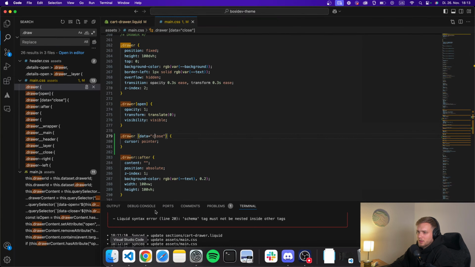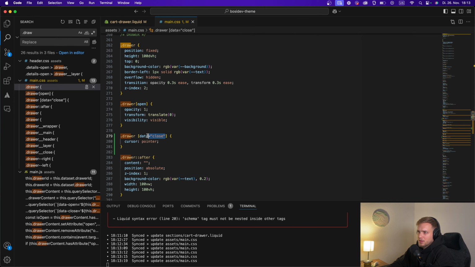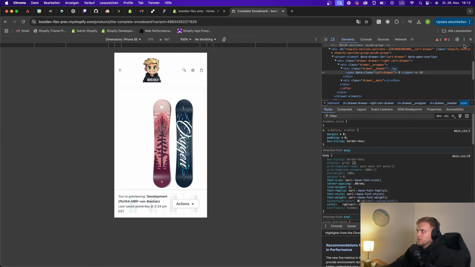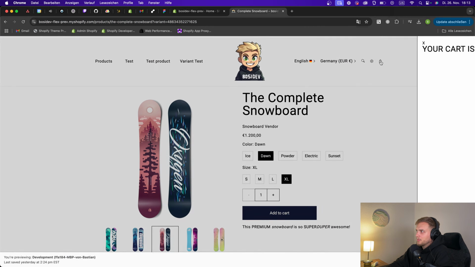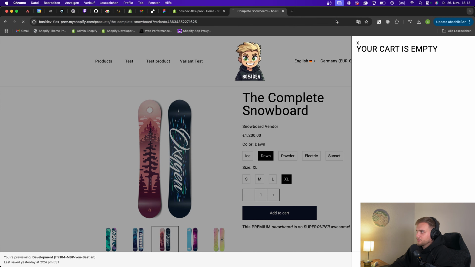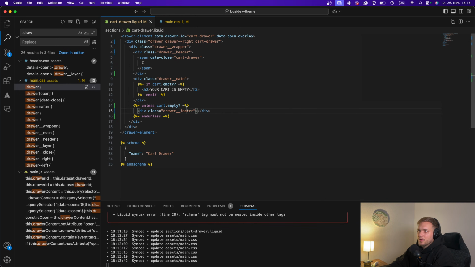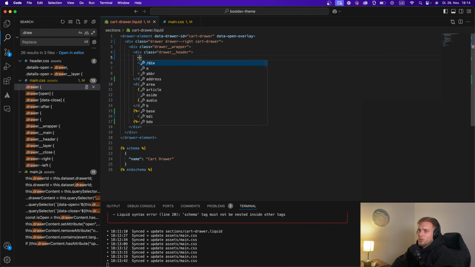Oh no, wait, not data close, it's this, of course. So yeah, okay, awesome. But if cart empty, this cart drawer, we have this, and then we want to have